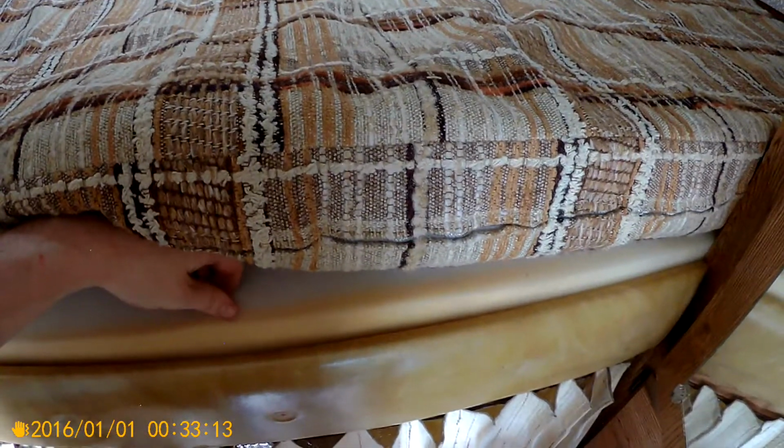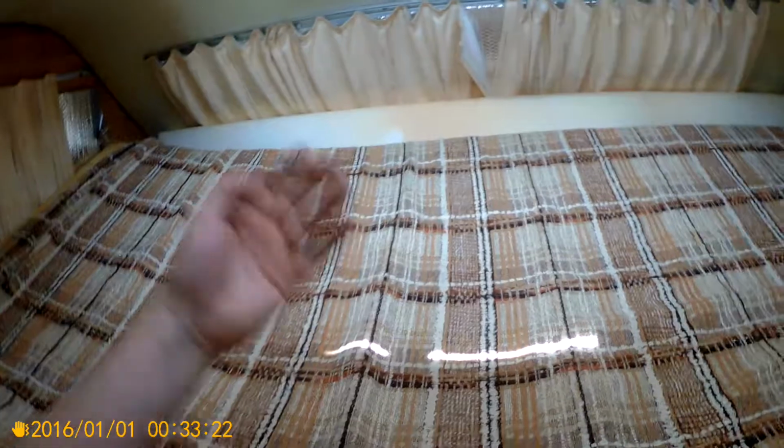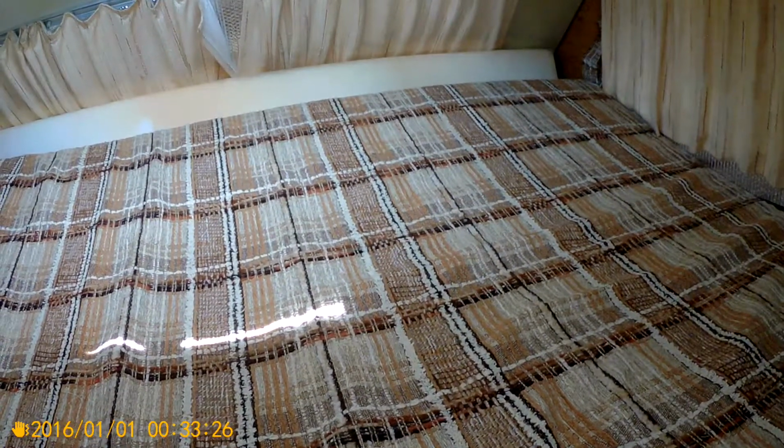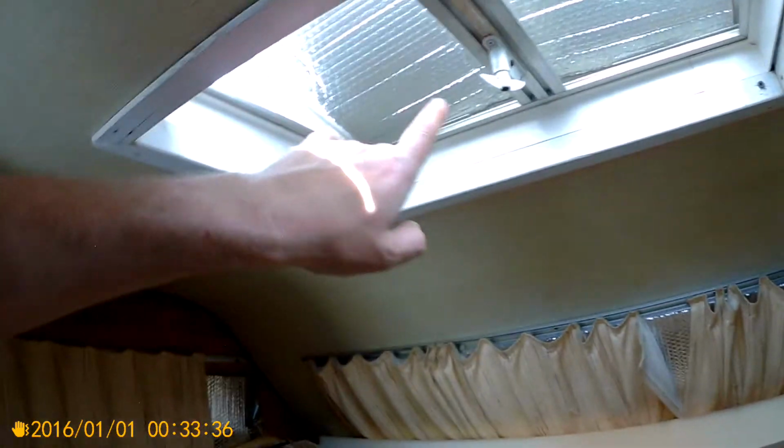I got a couple of deals of foam here. These are the ones I took when I went camping on the coast, and they were comfortable. They just are too big, so they're kind of sloping up. So I might take one of them out, take them both out, maybe see if I can find some that are narrower. I really would like to just replace the whole bed. He's got Reflectix to help keep heat and cool in. I want to get a fan,